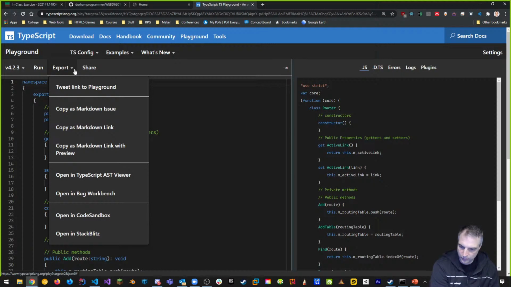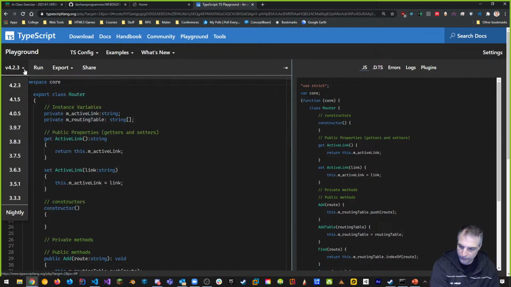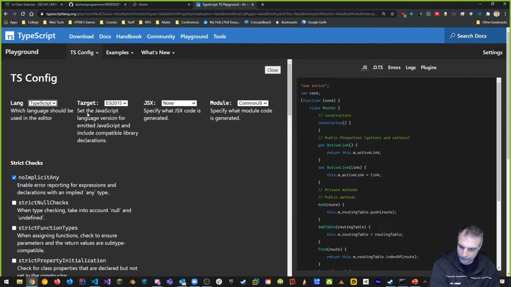Notice it says export, so I can open it as a markdown link, or open it in a viewer of some sort. I can also specify which version. Notice that this version here is 4.23, and there's other things to do as well. This is an example of what our tsconfig looks like online.